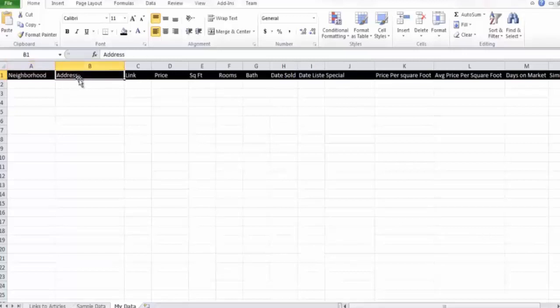The next is the address. The reason to do this, you want to make sure that you just capture the address, have that information. I like to also capture the link to the listing. This, in case I have any questions later, I can just simply click on the link and go back to it. The price, you're going to capture the price either that the home sold for, if it's already sold, or